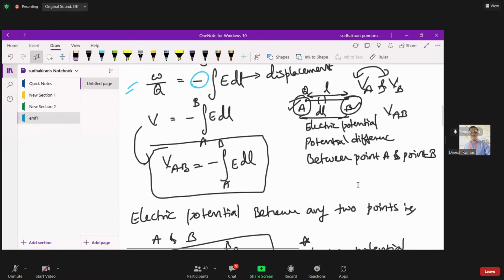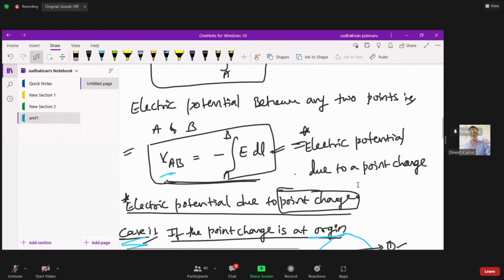VAB is equal to minus integral A to B E dot dl. This is from the basic definition of electric potential. We have obtained this equation. So later on, we went with the derivation part of finding the electric potential due to a point charge,